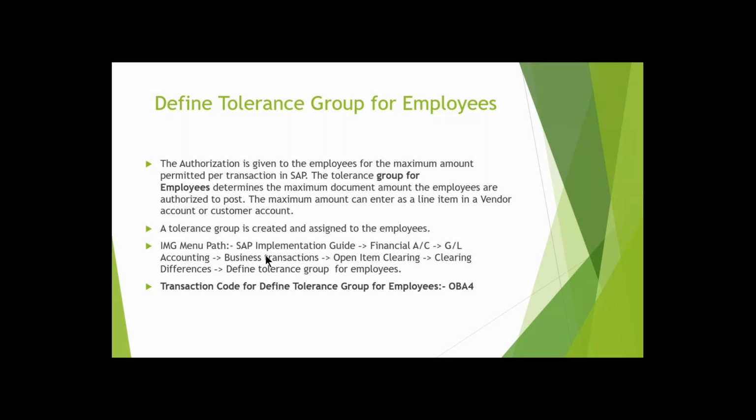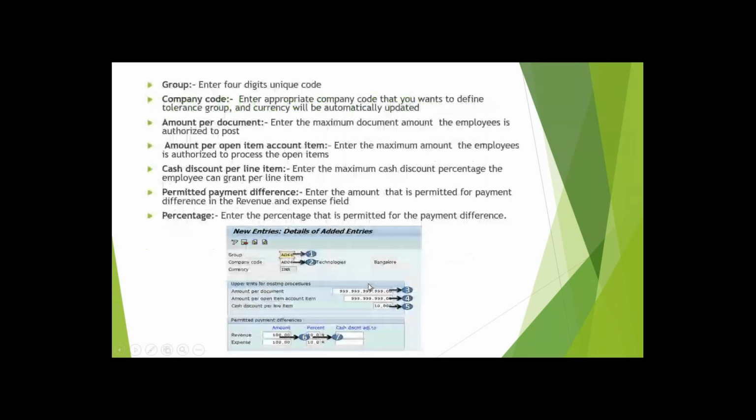Means if I'm giving only 10 line items of amount, here I can give the number of nines. Amount per document means in the transaction, if I am giving 3 times 9, that is the value of thousands. Now I cannot give 40,000. I can give only within the thousand, till 9,000, not more than that. So I cannot even give 10,000. You're understanding? Because per document I have given only the space of four nines.